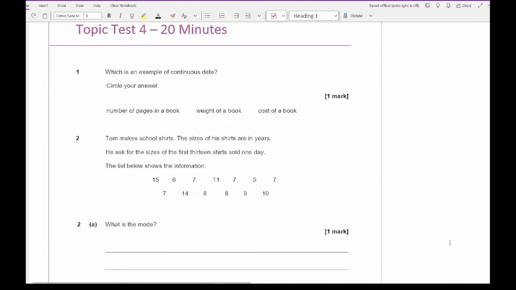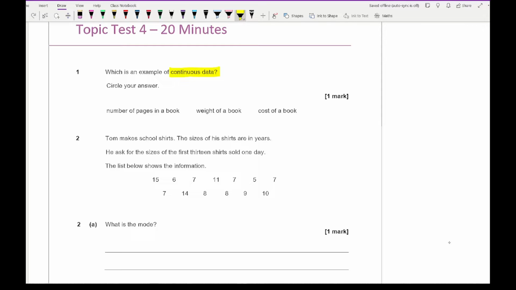So question 1 says, which is an example of continuous data, and we need to circle our answer. Now continuous data is basically data that can be any number within a given range. Looking at the number of pages in a book, well that can only be whole numbers because you can't have like 1.5 pages. And the cost of a book, although it may seem like continuous data, can only be rounded to, let's say, 2 decimal places,